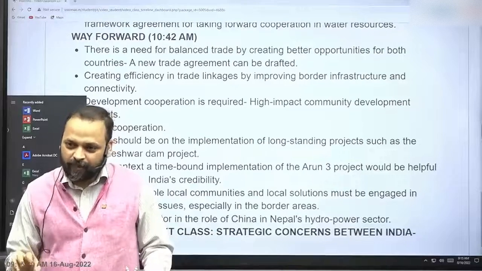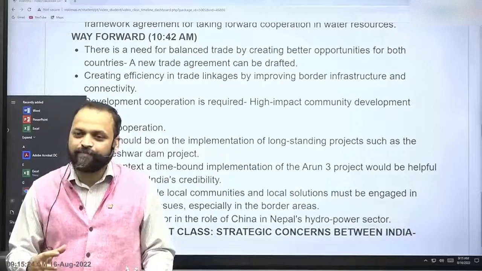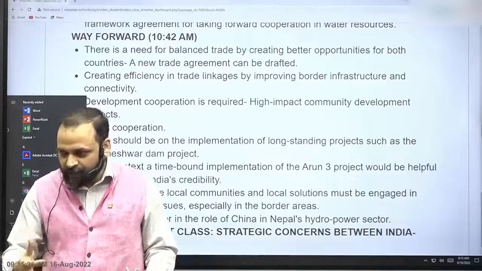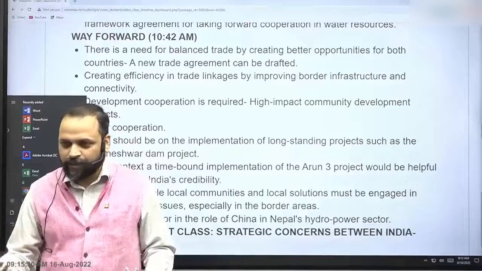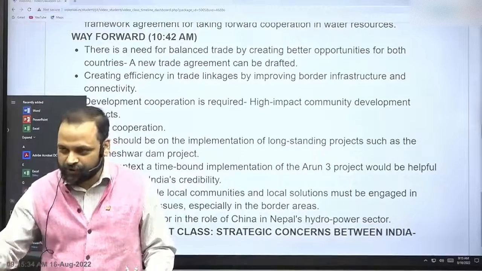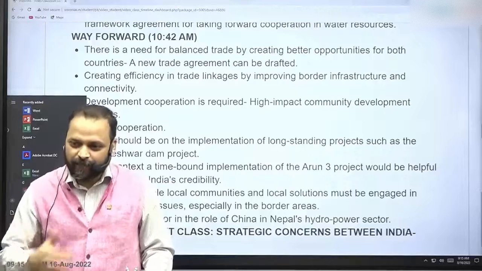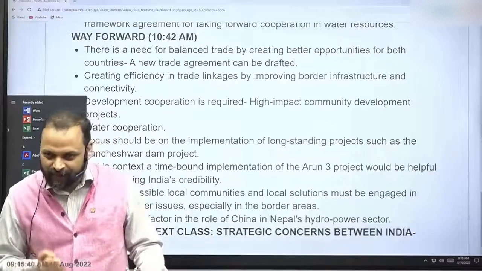ये कर सकते हैं आप. And then some questions would ask about solutions explicitly. So sometimes an explicit conclusion is not required, because the question would be in three parts. So the third part would be suggest way forward, suggest solutions, suggest measures. तो वहां पे आपके पास कंक्लूजन के लिए टाइम नहीं बचता, तो आपने मेजर सजेस्ट कर दी. ये तीन चार तरीके से आप कर सकते हैं.